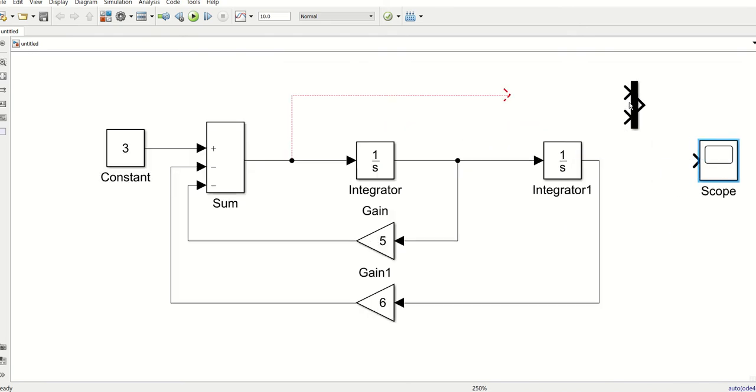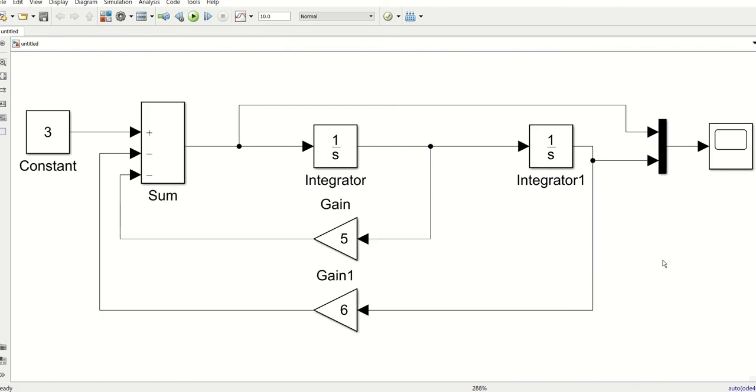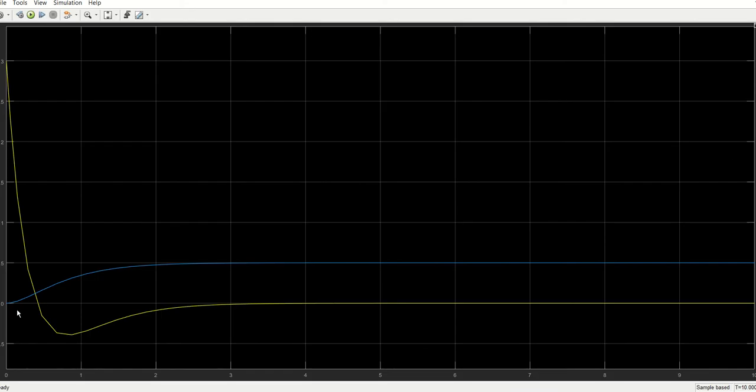I'll bring this mux inside and let's connect this output here and this output here. So this multiplexing will give me the signal output in the same scope. So see, this is the output, the blue one, and the yellow one is the summation output.